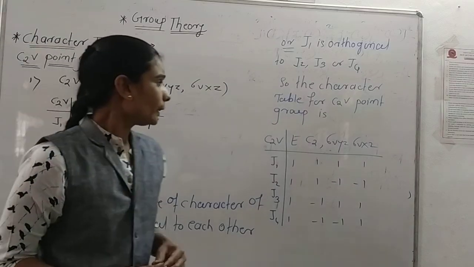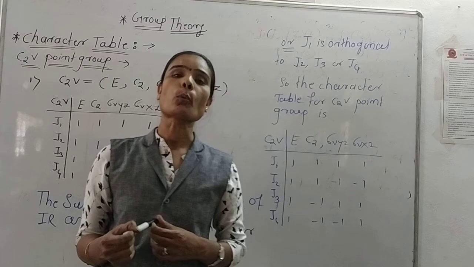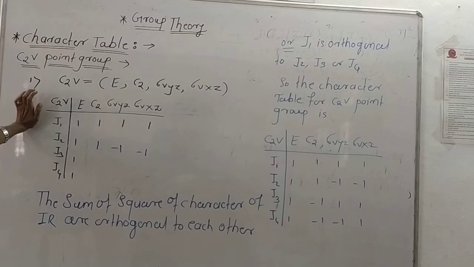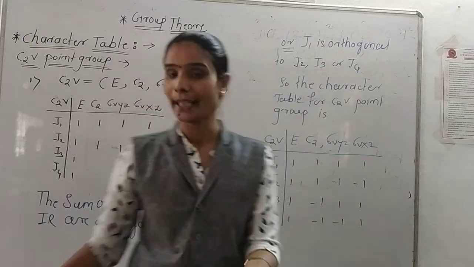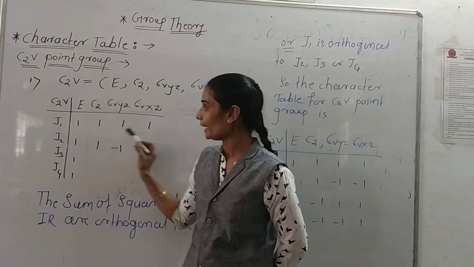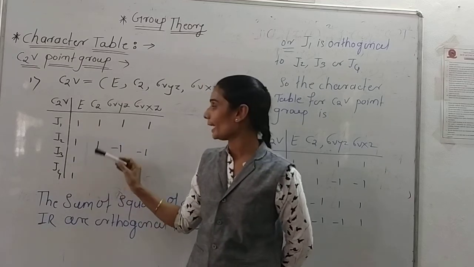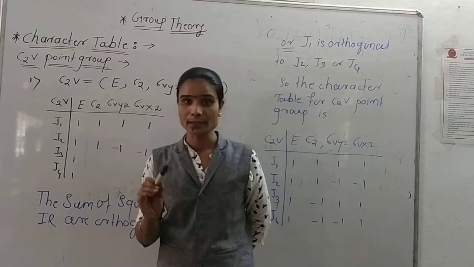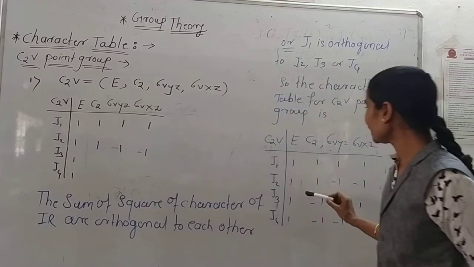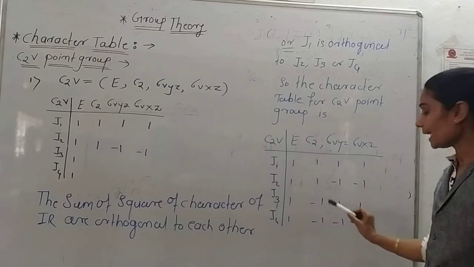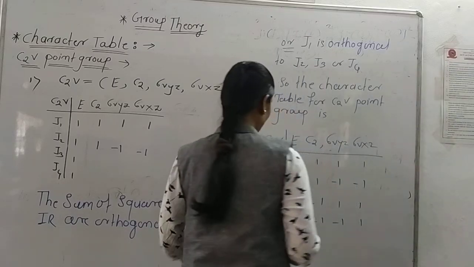Okay. Now in the next lecture we will see the remaining 2 points of this chapter. In the character table, for the symmetry elements for which you are given irreducible representations, you only have to find out their characters. Here 4 symmetry elements are present and there are 4 irreducible representations, which are orthogonal, that is, related to each other. If we calculate each one it is so lengthy, so it is directly given that J1 is orthogonal to J2, J3 and J4. So the characters are already given for the C2V point group and this is the final character table.